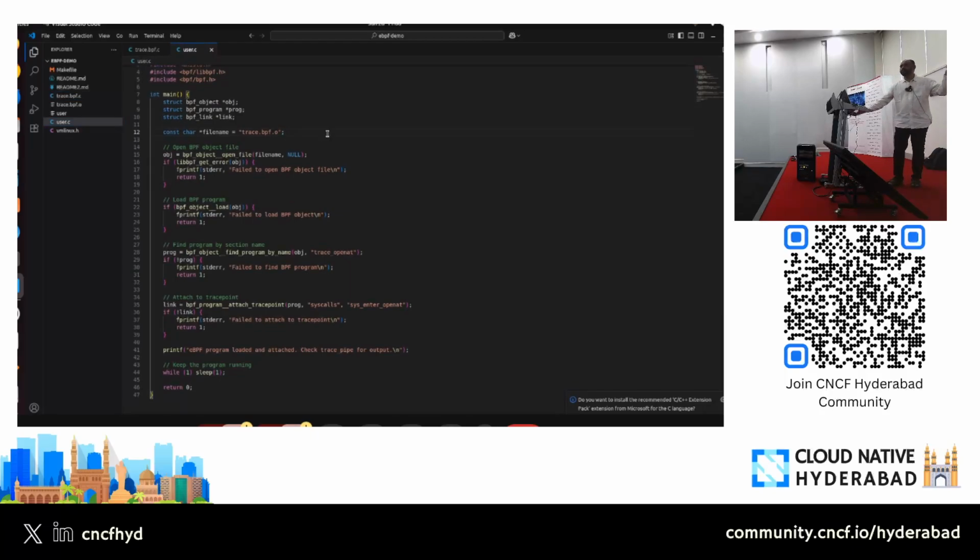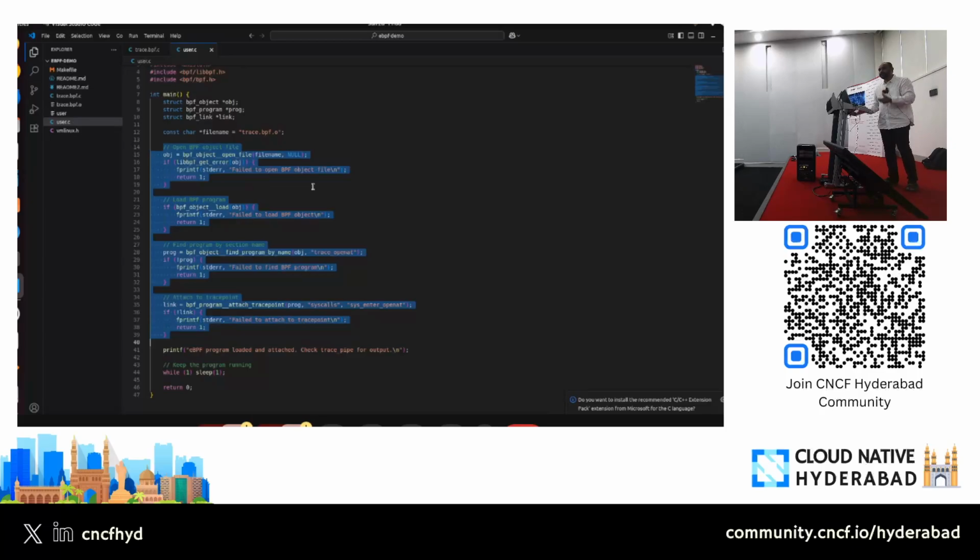Your user space code would be quite big here, because you have to do it manually. You remember I showed you a BCC command that would compile, verify, attach and load into your Linux kernel? It's doing a lot of heavy lifting. But when you write your own C code, you have to do all of that on your own. All of these things in the earlier Python code were handled by a single line of code. So when you write your own C code, you have to take care of everything.